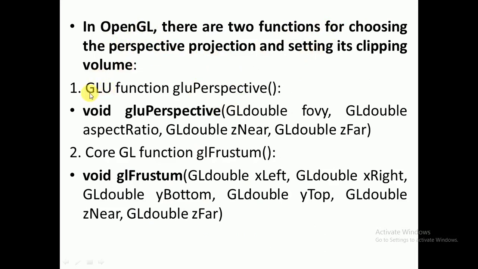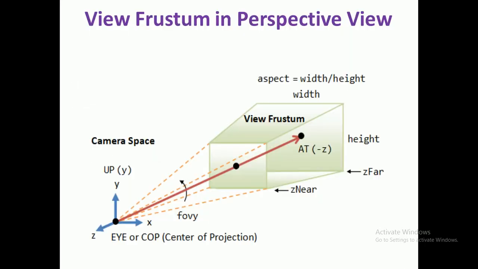One function is from the GLU library, that is gluPerspective. Whichever gluPerspective function is available belongs to this library. That is how to use it: gluPerspective, GLdouble fovy, which means the angle between the bottom line and the top line, that is the angle between the top surface and bottom surface. For the frustum, the angle between the bottom surface and top surface, whatever angle you have set, will give you the height.